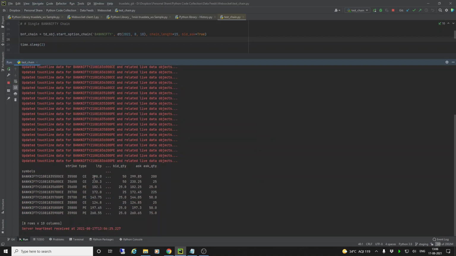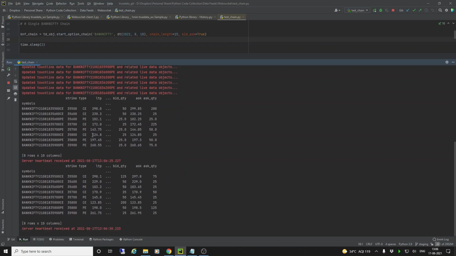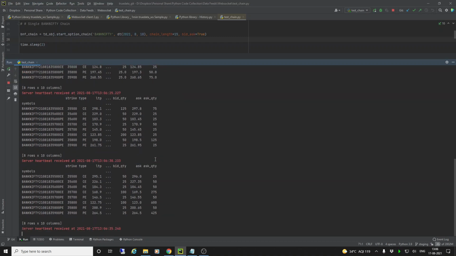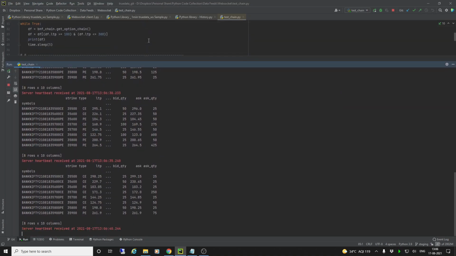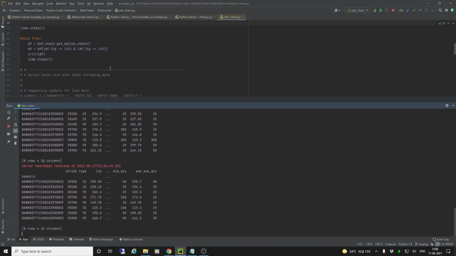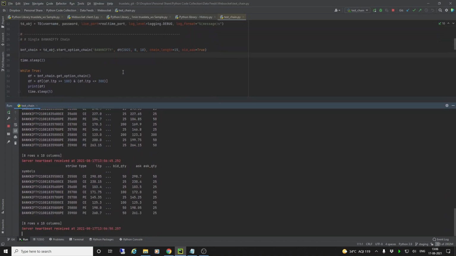So now we are seeing all the Bank Nifty strikes which are from 100 to 300. You can see them. They're updating every 5 seconds. So with pandas, all these things can be done. Once your option chain is in pandas, you can start using it like so. As simple as that. You can play around with it. You can do much more with it now.